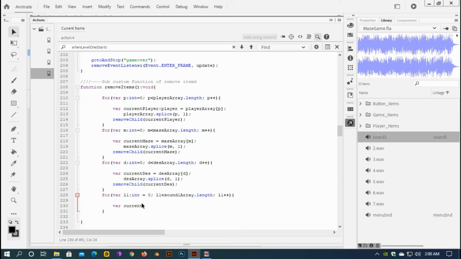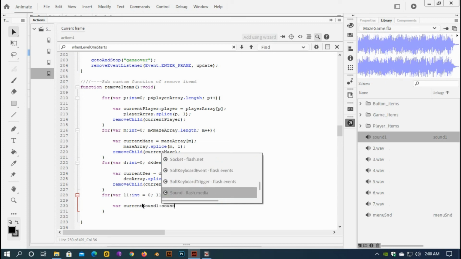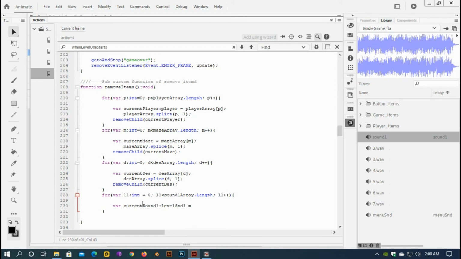var current sound 1 colon level sound 1 class equal to sound 1 array L1, and here sound 1 array dot splice L1, 1, remove child this current sound 1, and